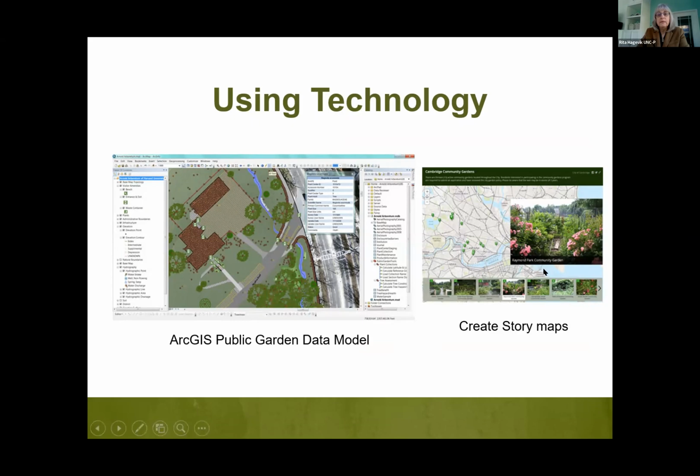And then students love to create story maps. So if the schools created story maps and then those story maps also interfaced with the research and outreach components, that might be a really good way to connect these pieces together. I'm unsure which type of geospatial technology has been proposed in the project. I couldn't pick it up from the presenters yesterday, but I do want to let everyone know that all K through 12 schools in the United States have access to the ArcGIS software from Esri online free of charge.